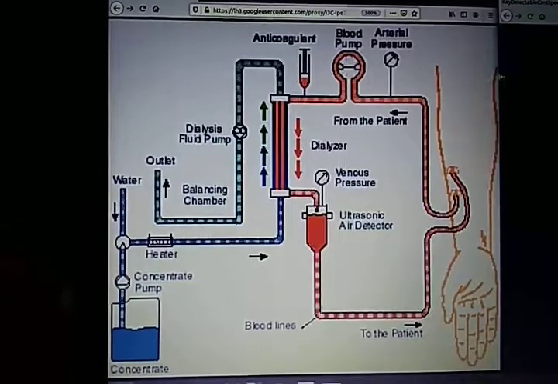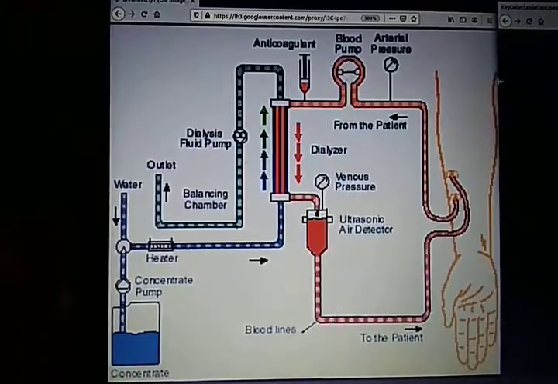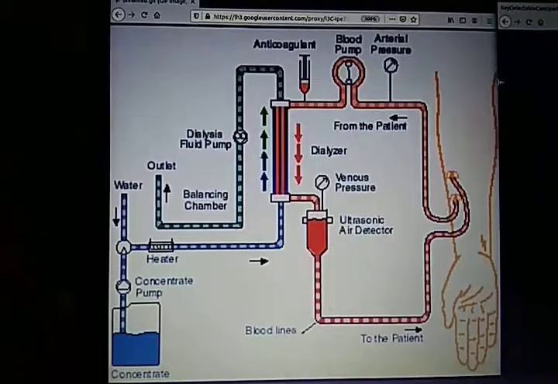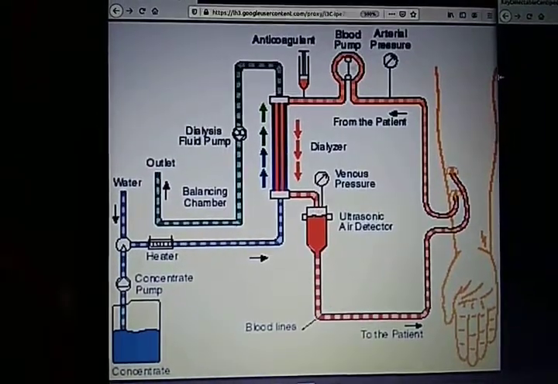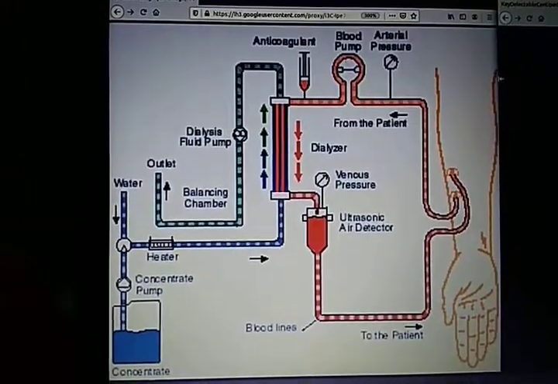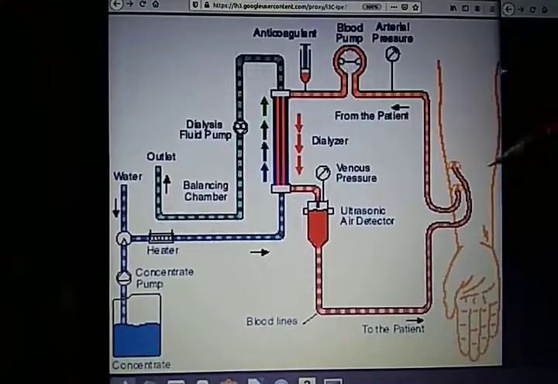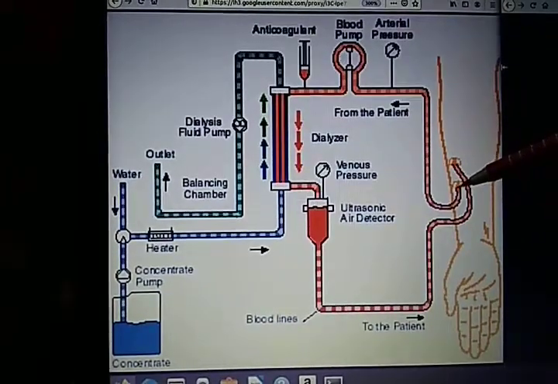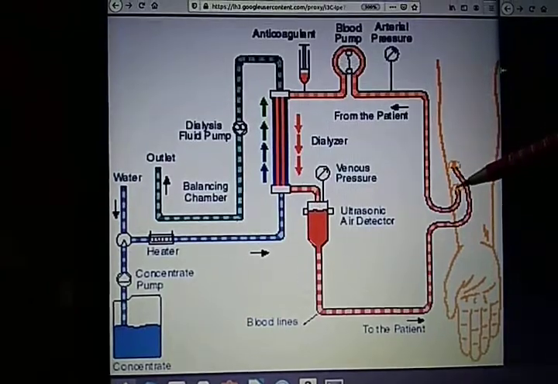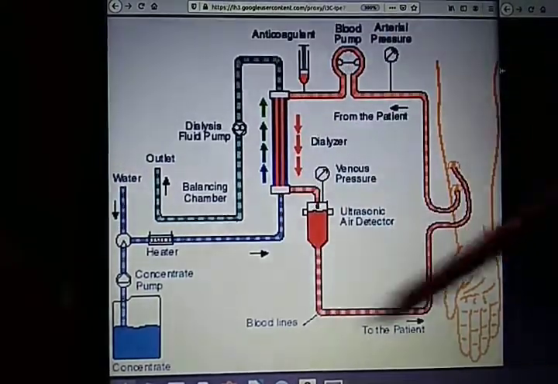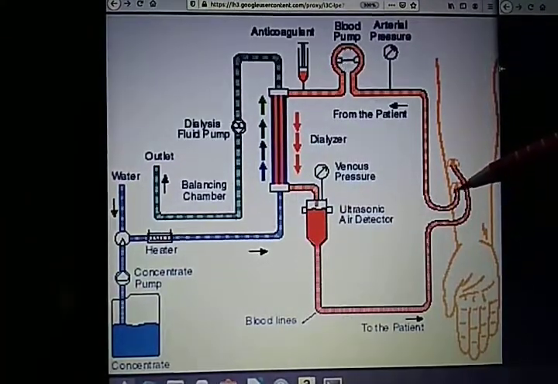So how does this happen? We can perform the process of hemodialysis with the help of a machine known as a dialyzer. See, what actually happens in the process? The artery and vein of the patient are punctured and connected to the dialyzer machine. Blood from the artery